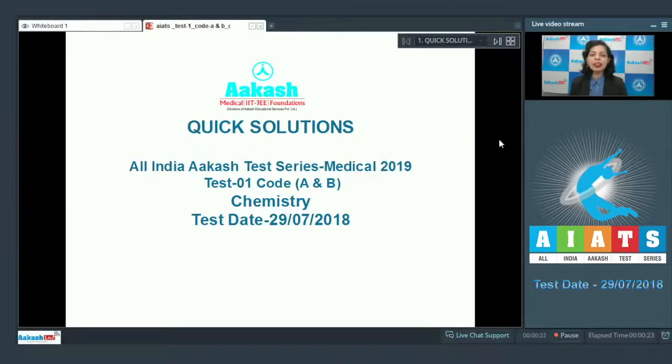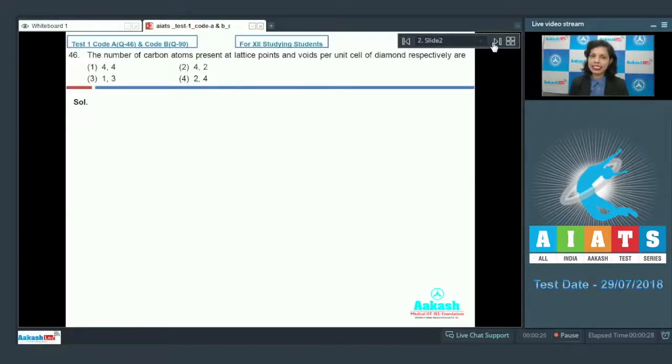So let us begin with the very first question, and that's question number 46. As per this question, the number of carbon atoms present at lattice points and voids per unit cell of diamond, respectively. So what should you focus on here? We have the crystal of diamond and we just have to consider what type of crystal it is. Simply, we should know that when we talk about diamond,